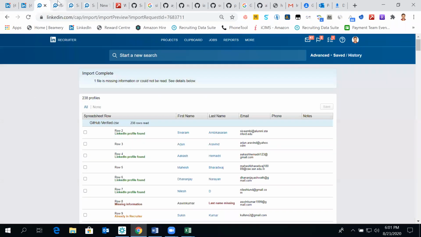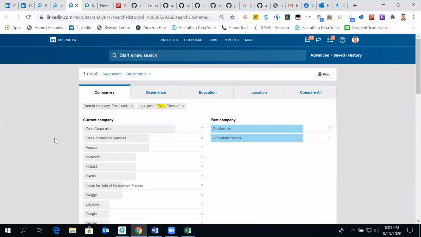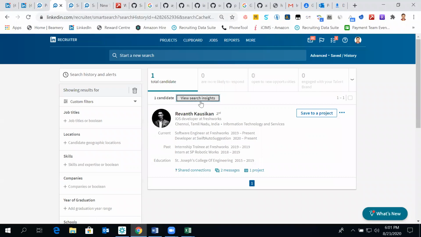In LinkedIn Recruiter, we have done a project search. Right. Okay. And after doing a project search, we have a view search insights here. Okay, so that's a recruiter thing. Yeah, that's a recruiter account. Yes, the latest option is Talent Insights as well. Talent Insights is a completely different product itself. It's not LinkedIn Recruiter. This is showing up in view search insights.